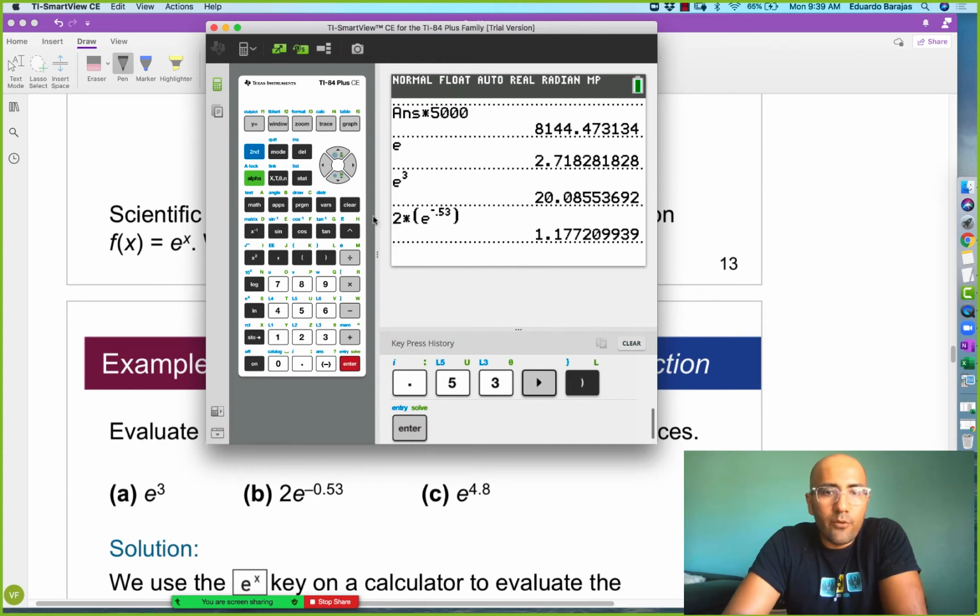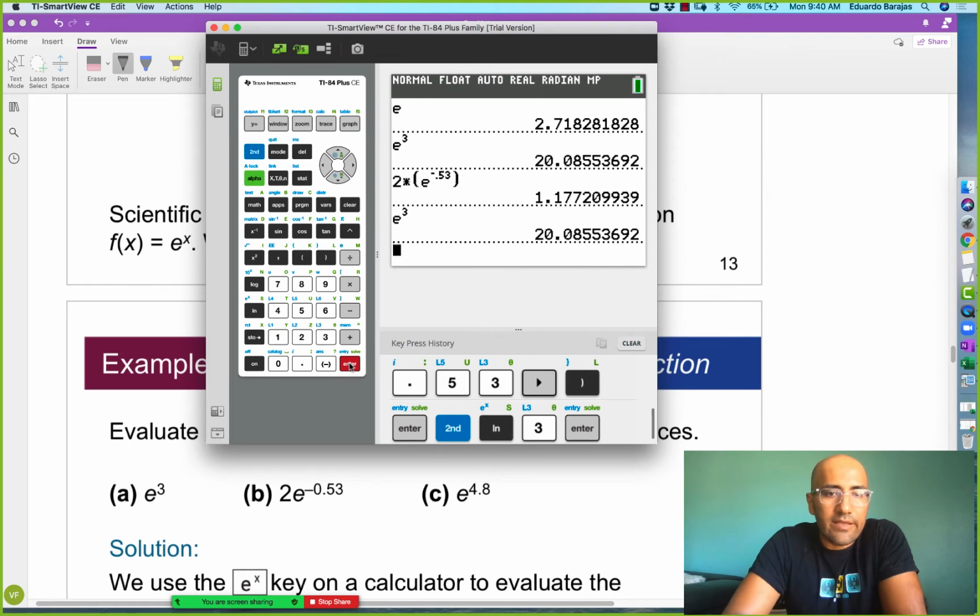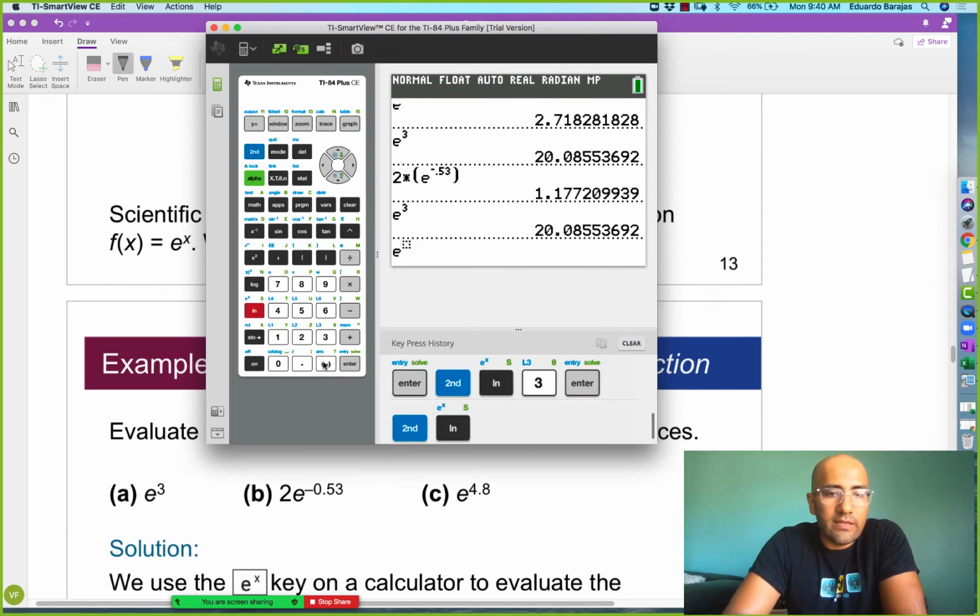It's such an important value, e, that they also gave you a second shortcut for e. Here I'm kind of manually putting e to the power of, but they also gave you the function e to the power of, which is over here. So we can also use that one, right? We can hit second, and then this guy, and that automatically skips the one button that says to the power of. I don't know how much of a shortcut it is, but it's a bit of a shortcut. So we can just put 3 there, hit enter, we get the same answer. Or second, and then e to the x, and then put in